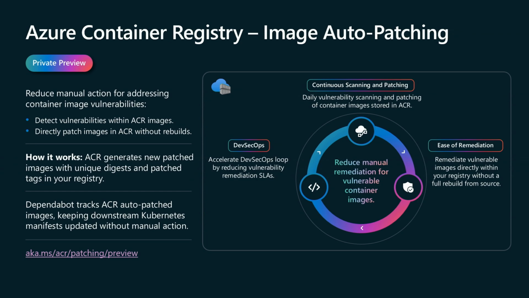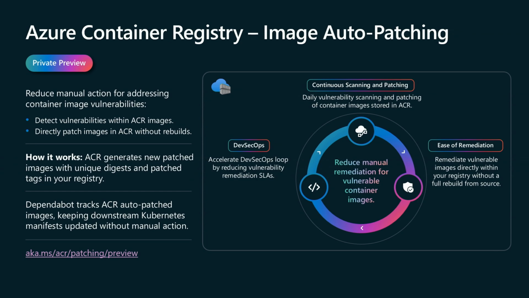But we run patching on top, generate another layer for that container image, and put that container image layer on top so that any vulnerable packages that are in any of the layers of your container image, from the base image layer all the way up through your application layer, receive the patches, and those CVEs go away. And we don't just do that on push. We actually will do this regularly on a cadence.